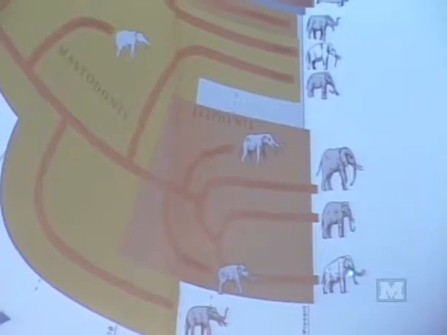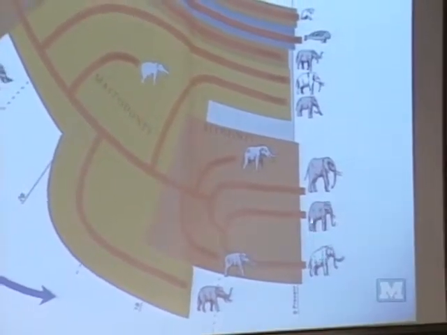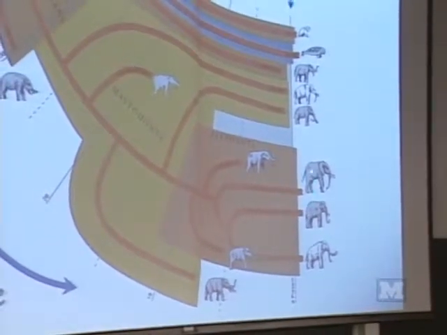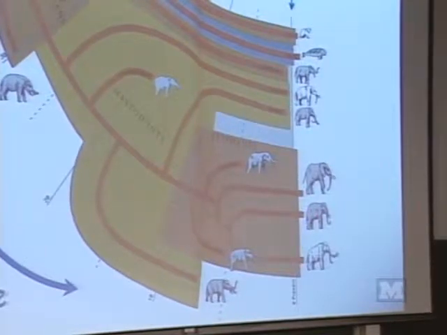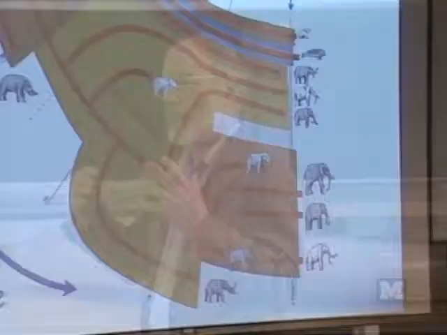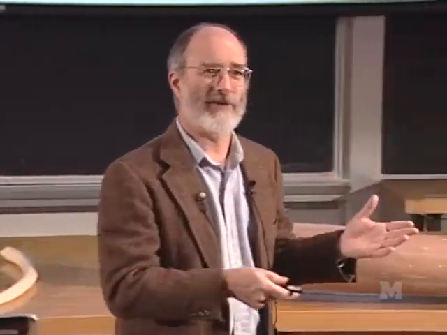Mammoths are much closer relatives to the living elephants, the African elephants and the Asian elephant. They are members of the same family, the Elephantidae, whereas mastodons are placed in a different family, the Mammutidae, both of them in the mammalian order Proboscidea. At any rate, they have a long history